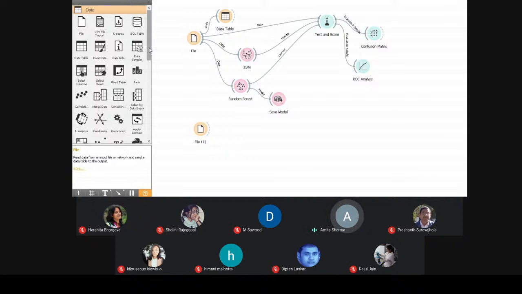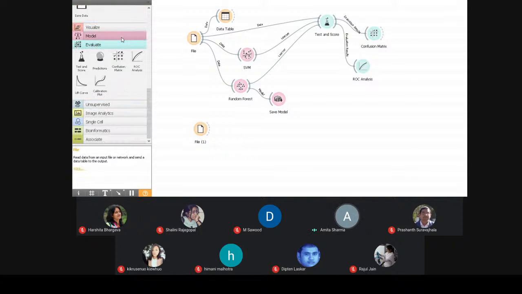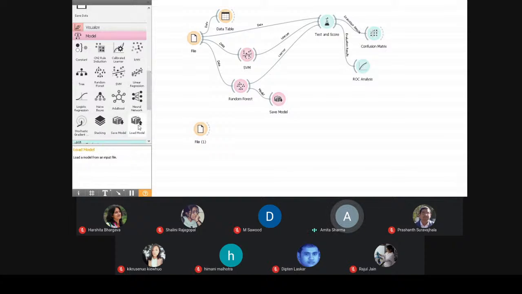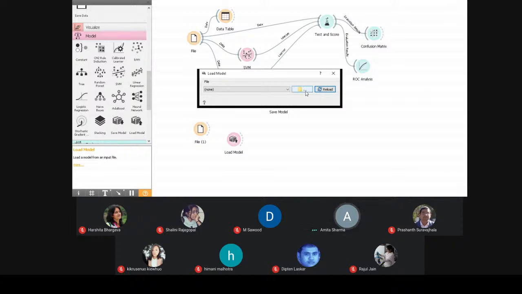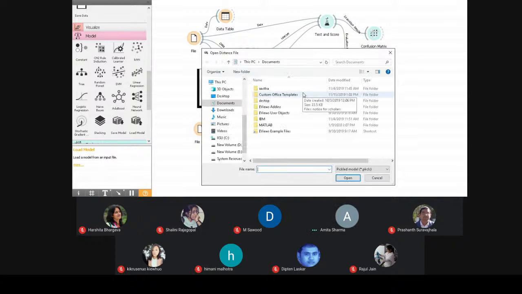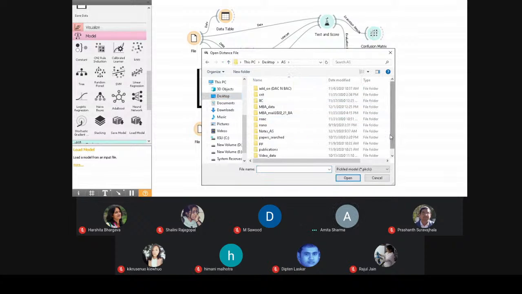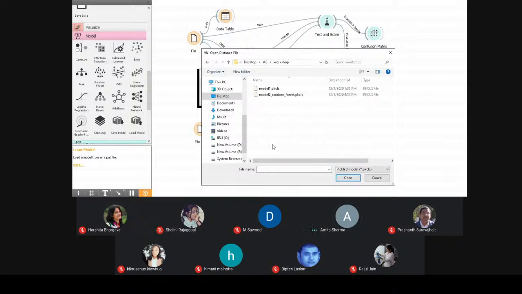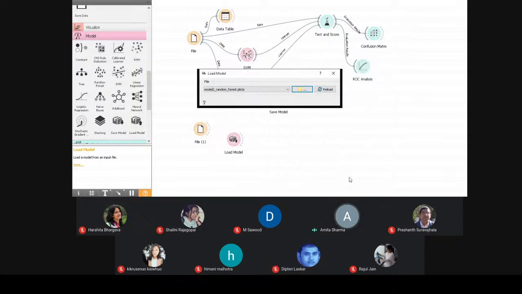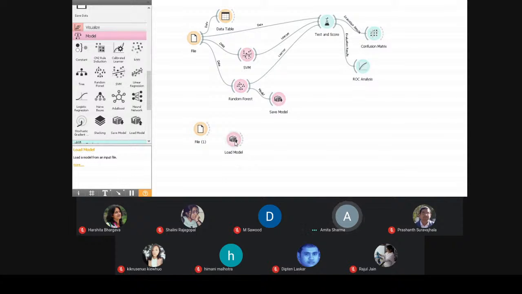For that, I'm going to use the load model option. I'll double click it and browse to the desktop, workshop. This is the model which I have created. I'll open it, reload it and then close it. The model is being uploaded.